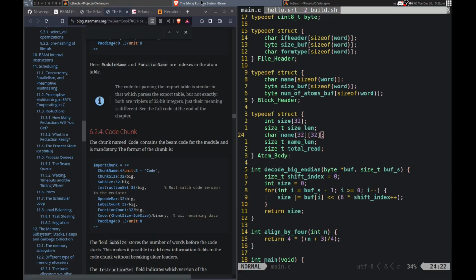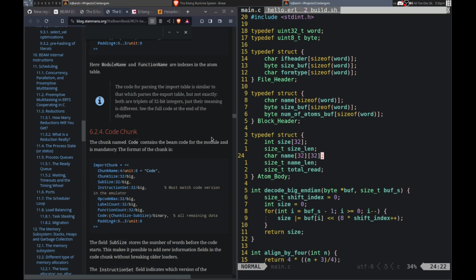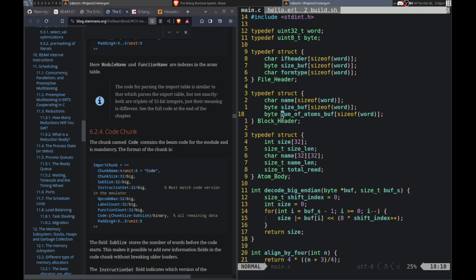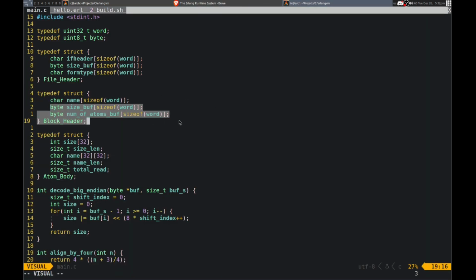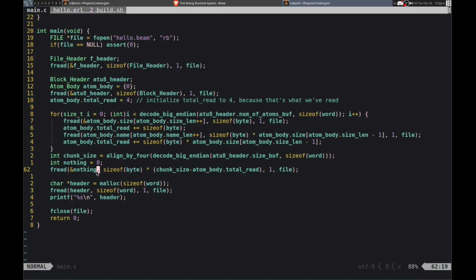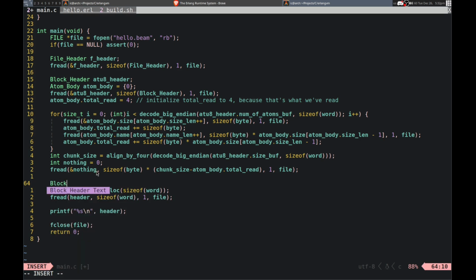Because it doesn't have a size and then, or is it number of atoms? So yeah, subsize. Okay. So I'm not sure exactly what the subsize is, but I think we can basically reuse that. I'm not going to rename it though. But yeah, we can just basically read into another header. So let's see, block header. And this will be code header.